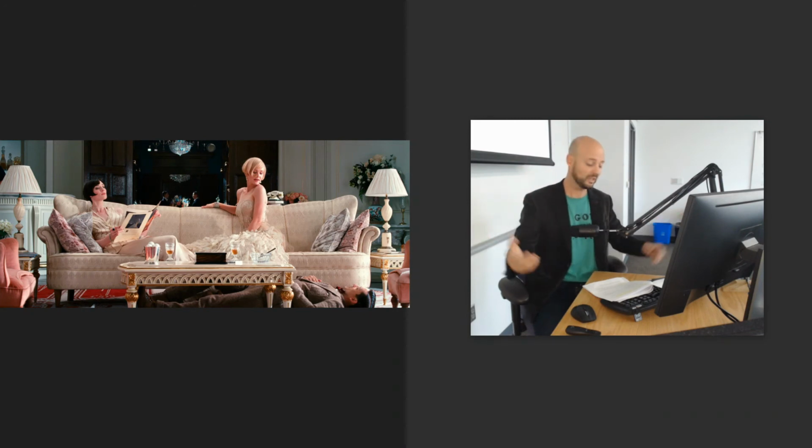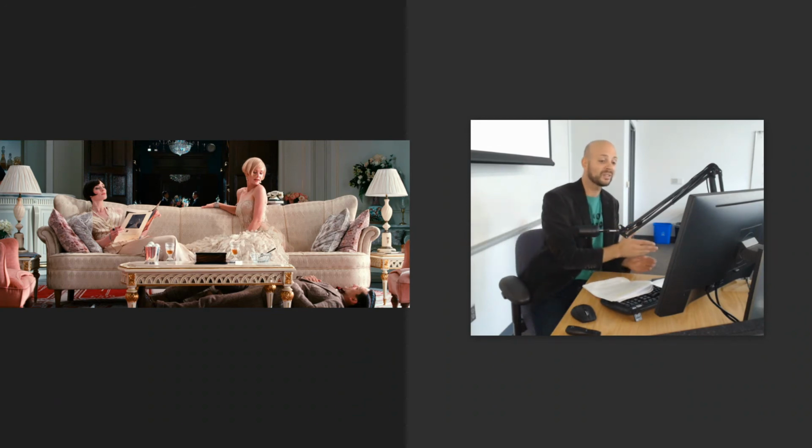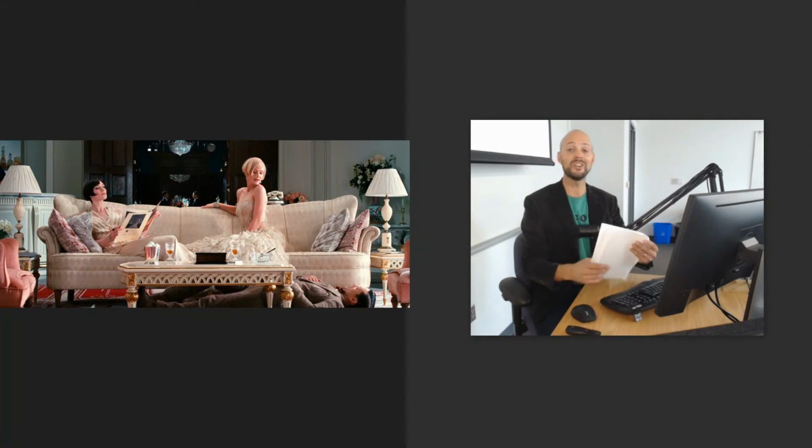It's crazy. All right, at the end of the chapter, Nick gets in his car. He's had a long evening at the Buchanans' house. He gets back into his car, drives from East Egg all the way over to West Egg, and parks his car. And this part is important. When he gets out of the car, he sees a mysterious figure 50 feet away from him, and he realizes